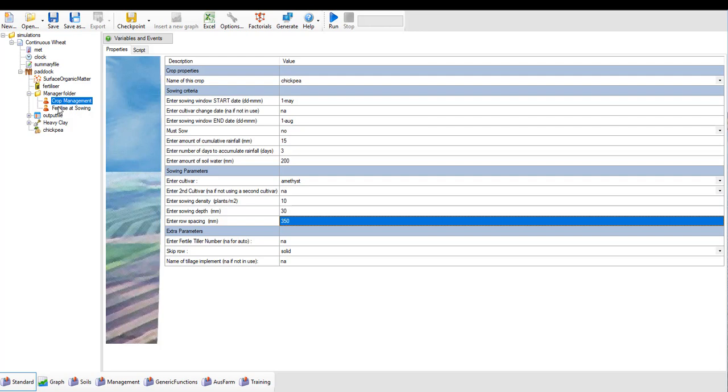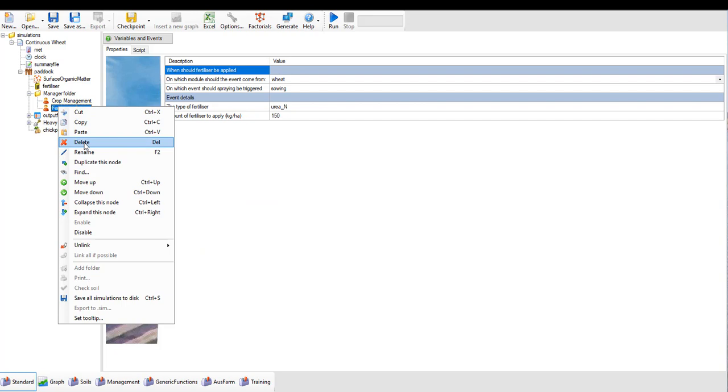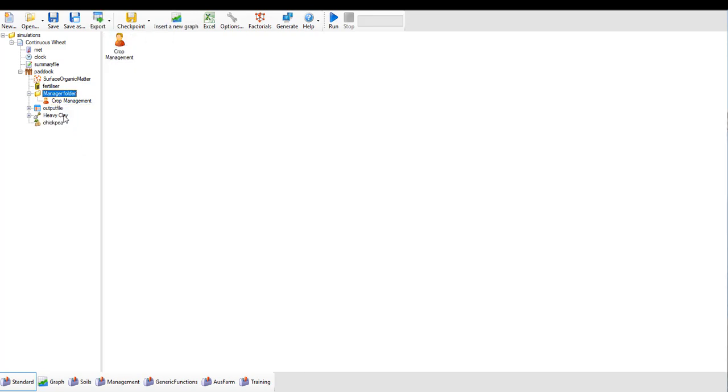Now, the next thing we need to do is remove the fertilised sowing rule. So right-click on it and select delete. Because we're sowing a legume, we're not going to be applying any nitrogen fertiliser to the crop in this simulation. And then we also need to bring in our reset option to stop our simulation being a continuous 40-year run